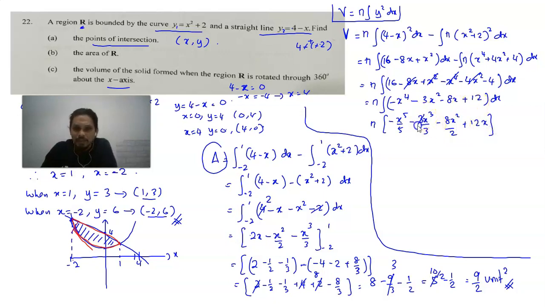Okay, so 3 divided by 3 equals 1, 8 divided by 2 equals 4. Okay, so then it equals